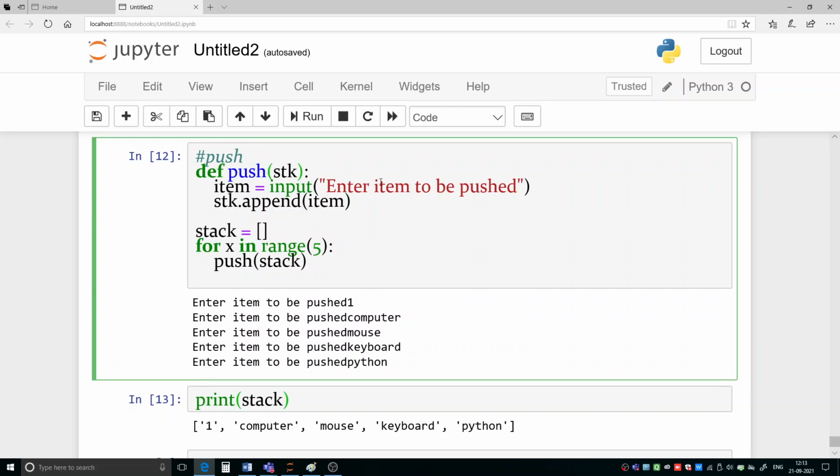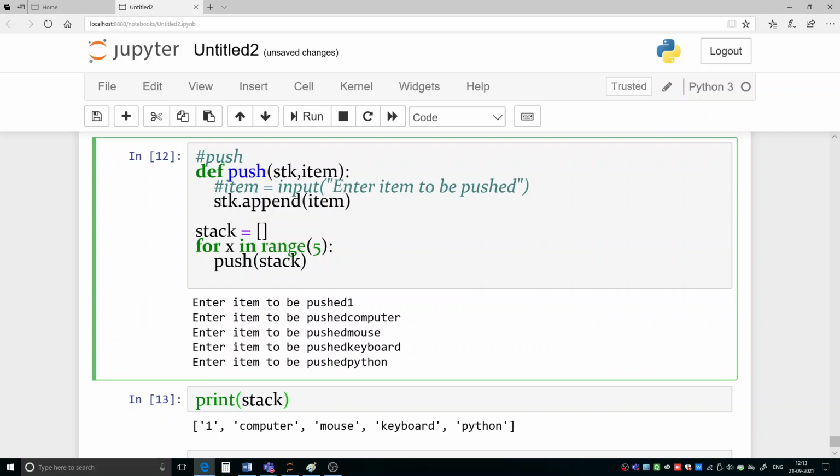For example, suppose here I am writing item. So now this push function is taking two parameters: one the stack on which we have to push the element, and next one is the item, what item we want to push on it. Okay, so both the parameters we are passing here. So now this step is not required. So here we can make it a comment.